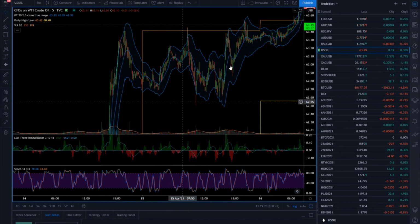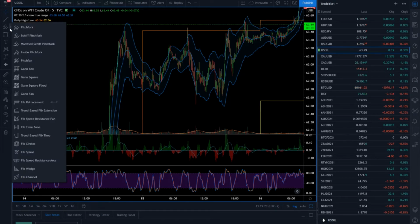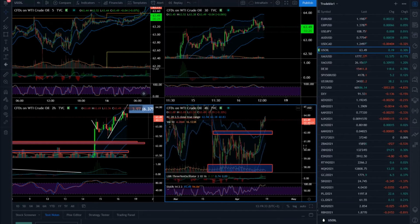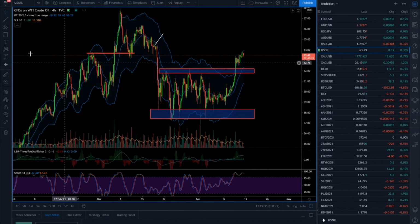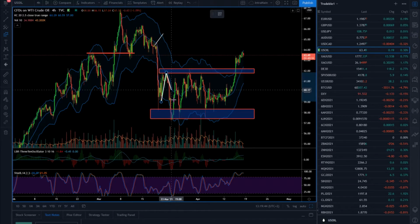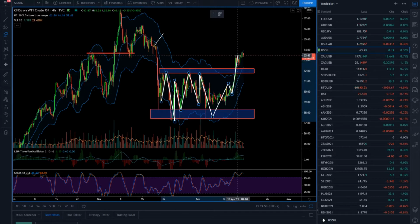Yesterday we spoke about how buying the crude oil was a great opportunity, especially because we finally got a breakout of the 10-day balance, and you can see this on the 4 hour time frame. The price was basically locked. I will take the polyline and show you that the price was pretty much locked between the top and the low of this consolidation, and finally the breakout happened